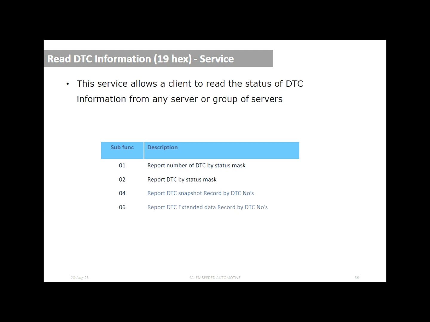0D report most recent test failed DTC. 0E report most recent confirmed DTC. 0F report mirror memory DTC by the DTC mask. So if you go through this 19 service ID, it contains subfunctions from 0 to F, which means